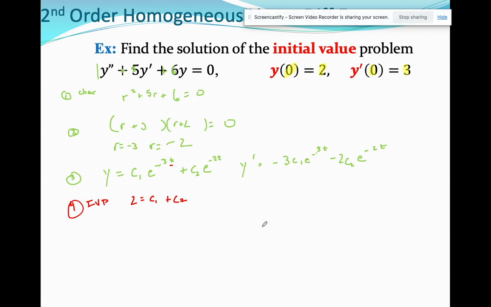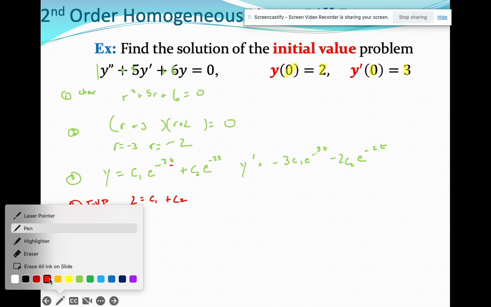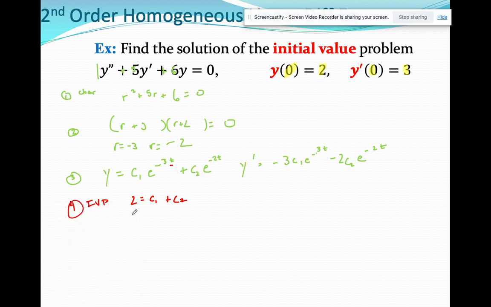And then I'm going to plug in what? 3 this time, right? So I'm going to get 3 is equal to negative 3C1 minus 2C2. I trust that you can do this algebra 1, right? That is just going to be a system with nice little integers, and you're going to get C1